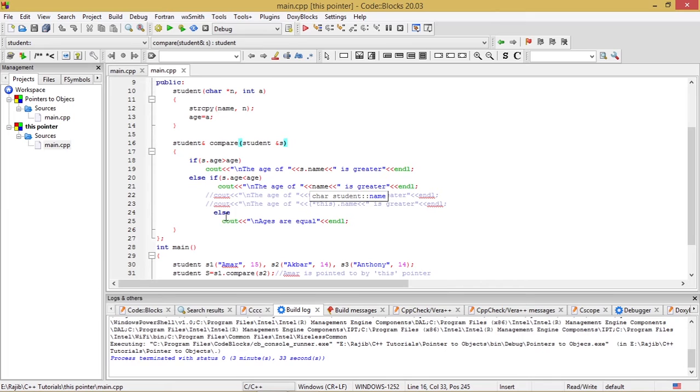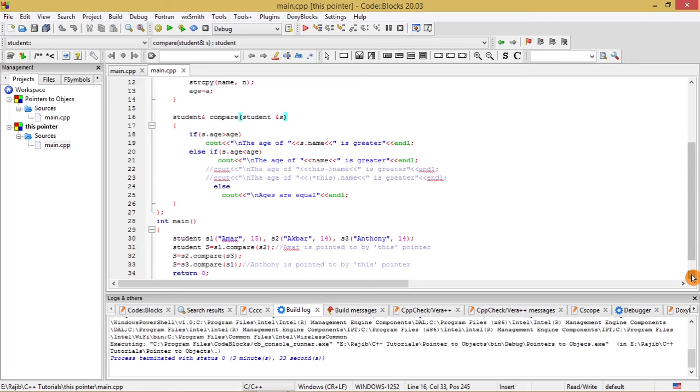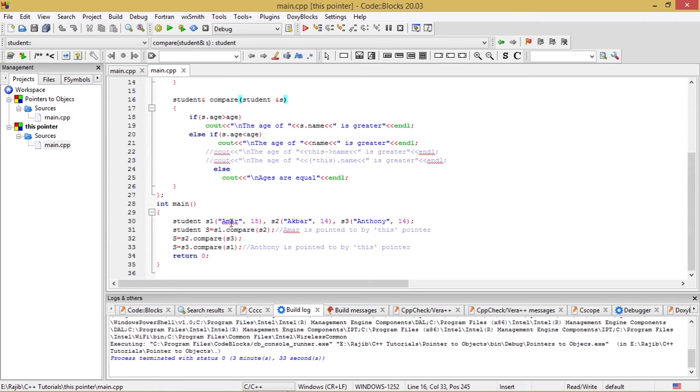So after that, else there can be only one condition which is left, and that is ages are equal for both. So in the main section, what I have written, let me see, student S1 Amar 15.